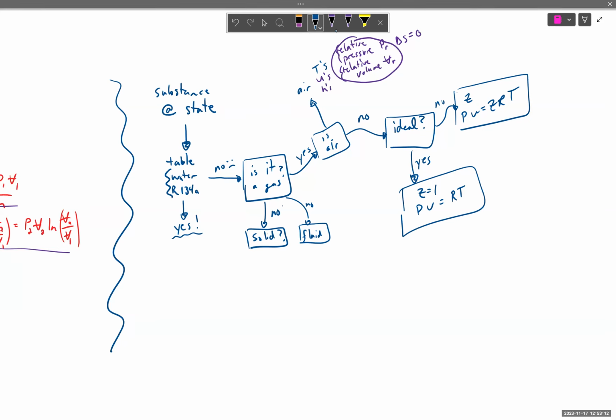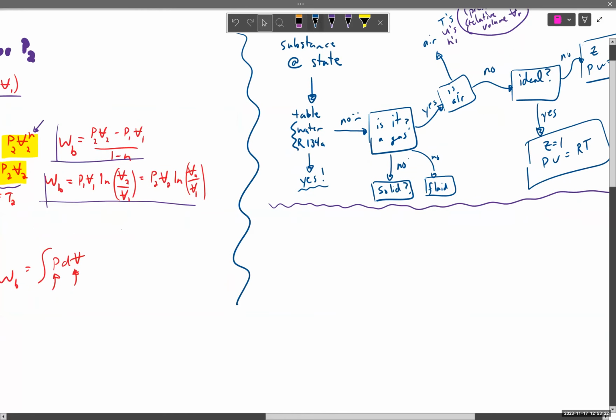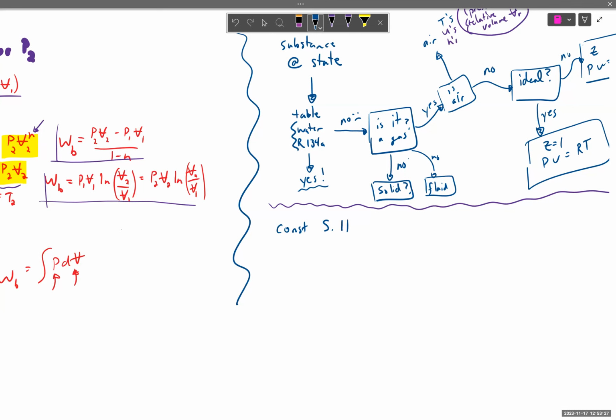So kind of alongside that, I'm just going to draw it weird because you all need to do a concept map so you can put the pieces together. We talked about this idea of constant specific heat and variable specific heat. So when we talked about constant specific heat, for the closed system in particular,